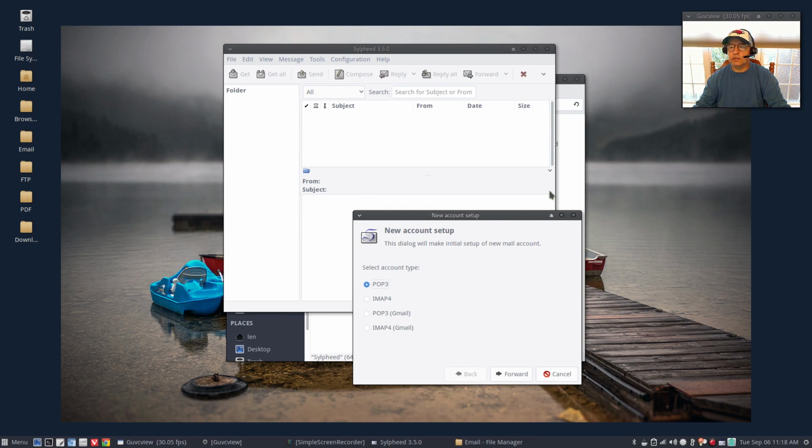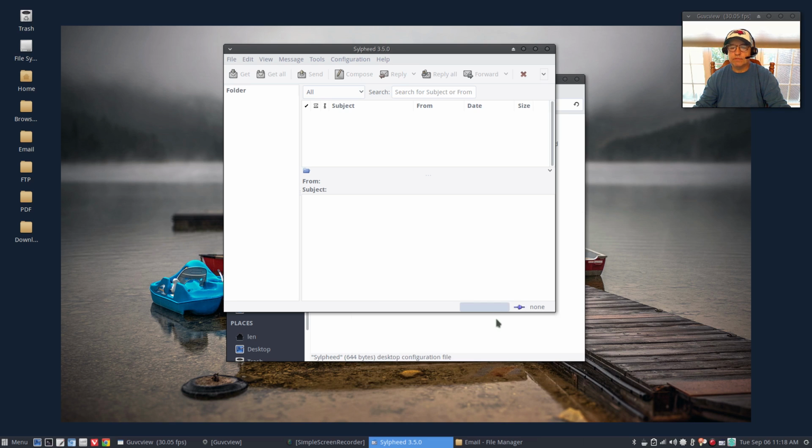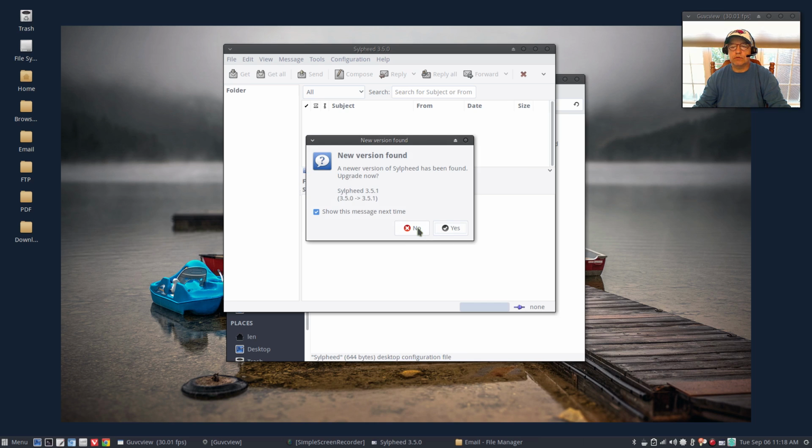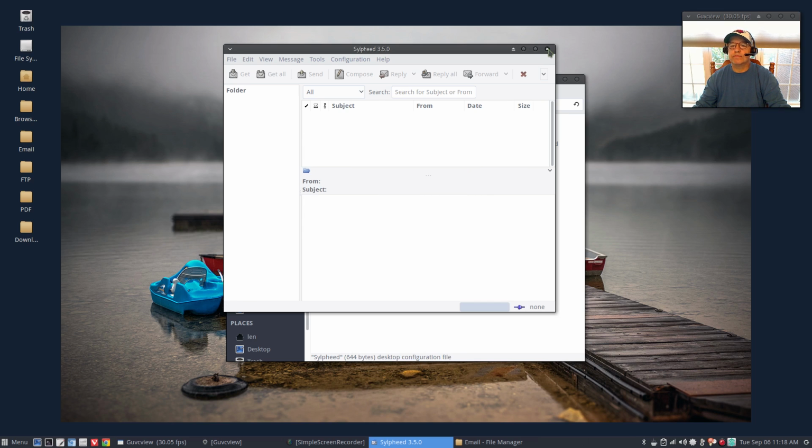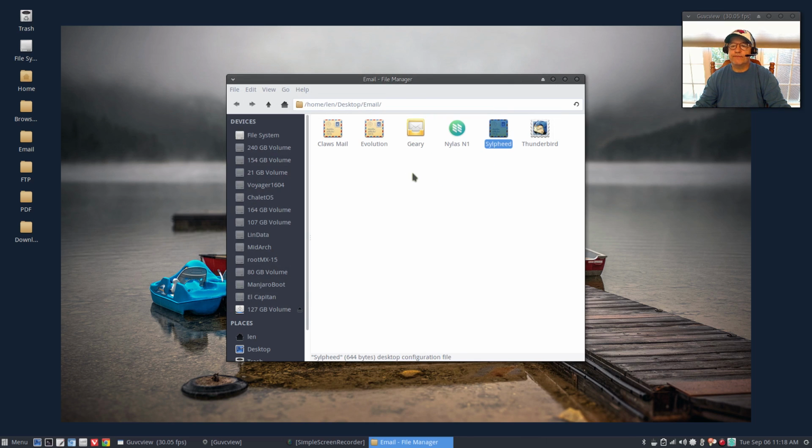It's not one that I use. But if all you want is a plain vanilla email application, it's very nice. And let's close that out. So that is Sylpheed. Now,